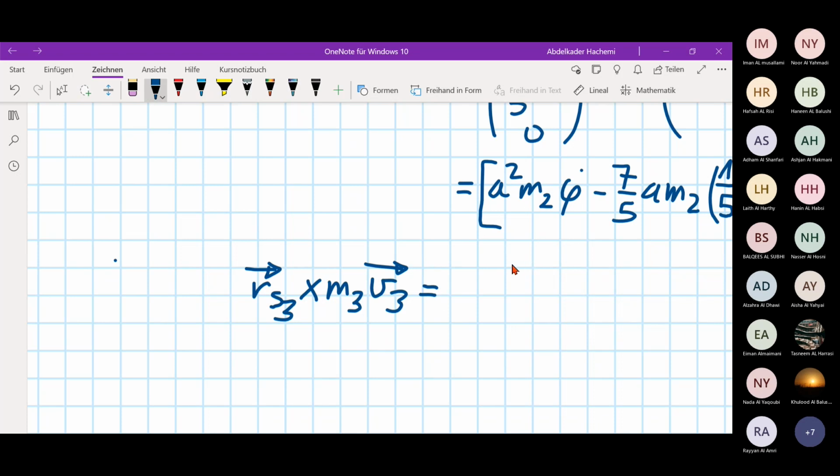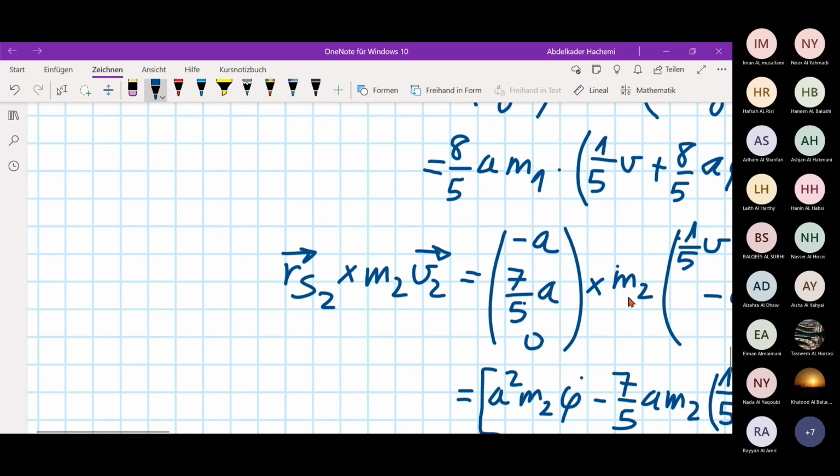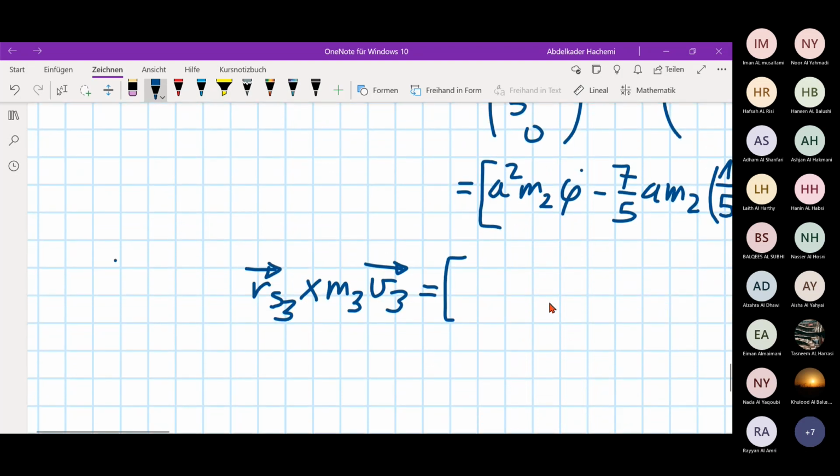As time is running, we use the same procedure as for RS1 cross M1 V1, also RS2 cross M2 V2. That means we have the component of RS1, the position vector of the mass M1. We have the velocity as function of V dot for the velocity of the mass 1 and the mass 2. We have only to make the cross product, and if we do so, then we will get here